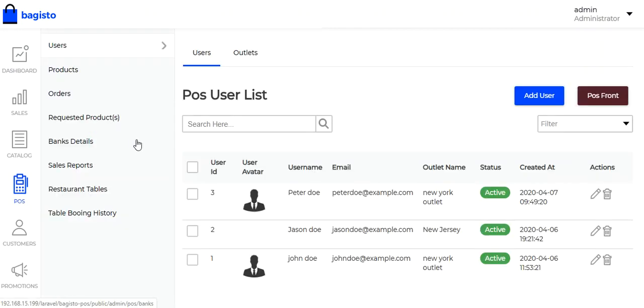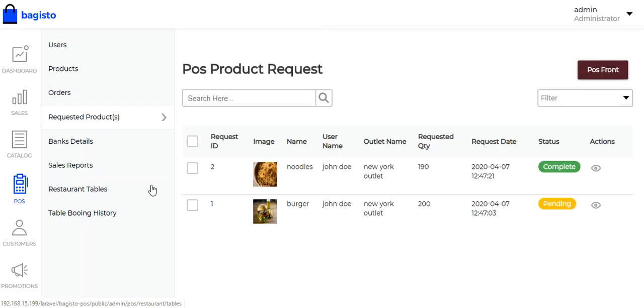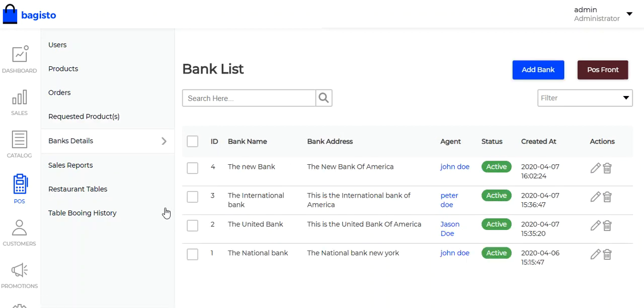Now the another one is requested product. Here the admin can see the product that have been requested by the POS agent in case of low stock. Now let's move to the another field, bank details.